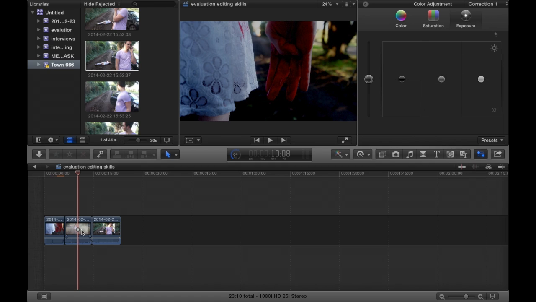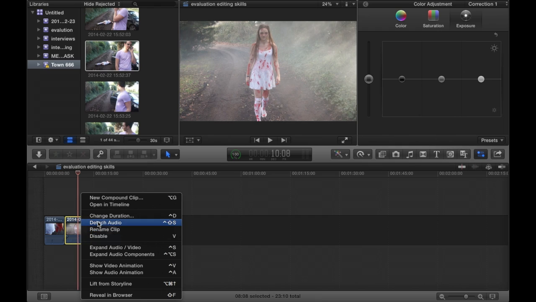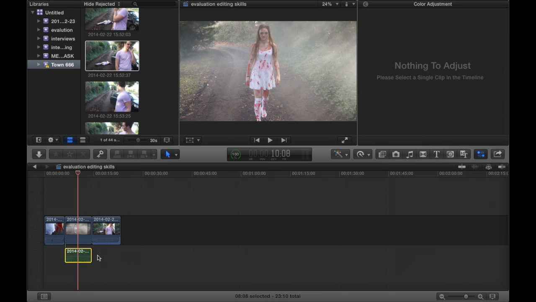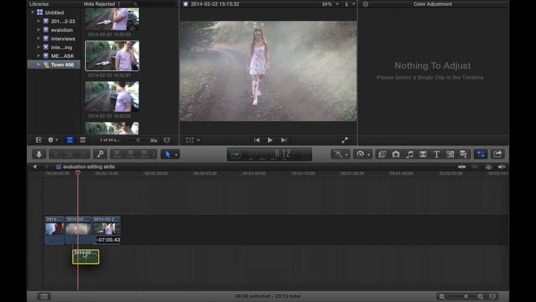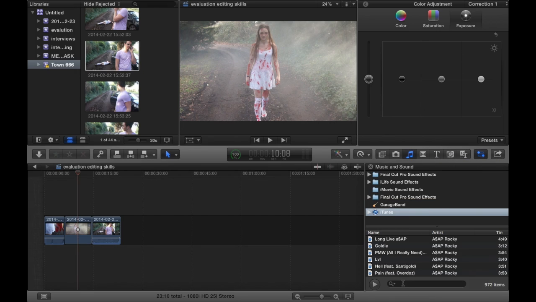So the next thing we did was detaching the audio. So how you do that is you click on the shot. I'll do it on this one. Okay, so you right click and you go down to detach audio, which will bring it down here. So if I wanted to, I could now move this audio onto another shot or start it later, or I can delete the audio altogether. We deleted the audio altogether so we could put our own music on it, which you find on music and